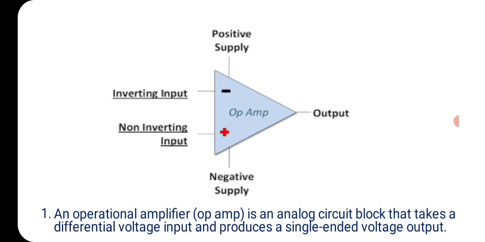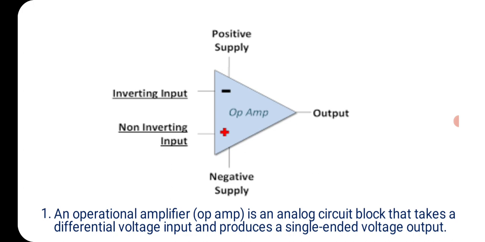Now let me come to my first question. What is an op amp? An op amp is an operational amplifier. It can perform certain mathematical operations, and after making the operations, it can also perform the amplification function. Both together, mathematical operations as well as amplification, make it an operational amplifier. Now we'll see what operations it can perform and what amplification it does.